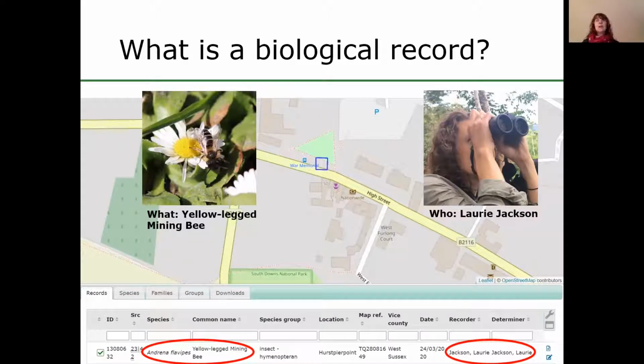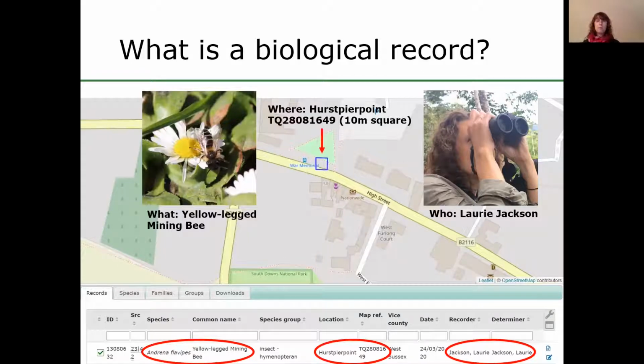But I would say, and I will come back to this point later on, just classify what you've seen to a level that you're confident with. If you can only recognize it as a bee, that's totally fine. If you can recognize that it's a mining bee, but you're not sure which one, that's fine too. If you can take it further, that's great, but don't feel like you're less of a recorder or less of a person because you don't know exactly what that species is. And it's also really good to take photos,